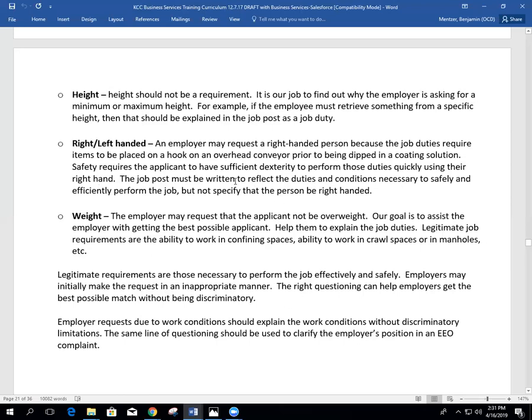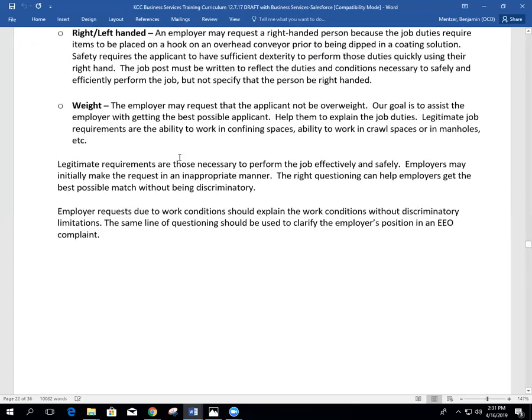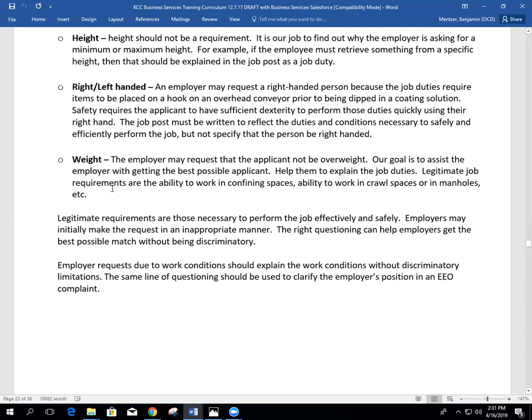So you could put that information in the job post and not specifically say that you must be right-handed, must be left-handed, just that you must be able to perform those duties using that hand. And again, the majority of these, it's a requirement that they're necessary to perform the job effectively and safely.